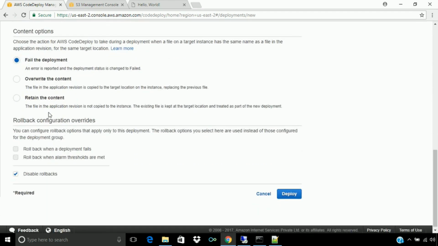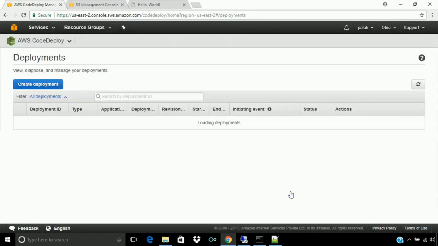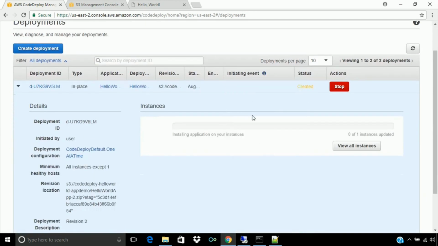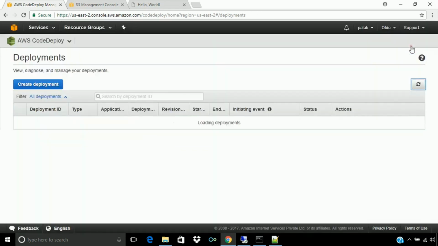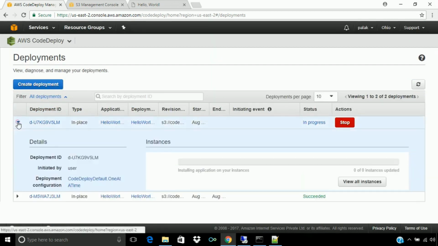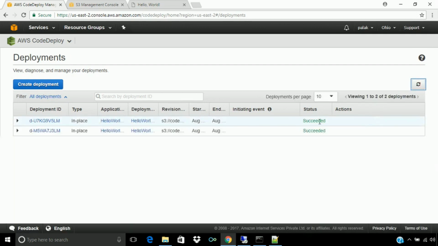Now all this configuration you can leave as it is, and now let's start deploying. So it will start deploying, and we can see all the progress here. Once you refresh, you can see that it is already in progress and it has been completed successfully.